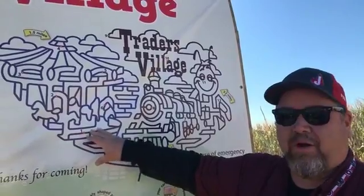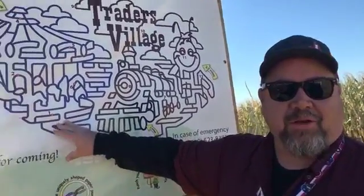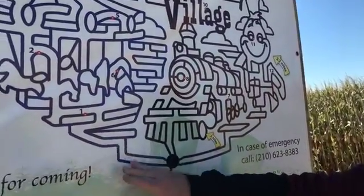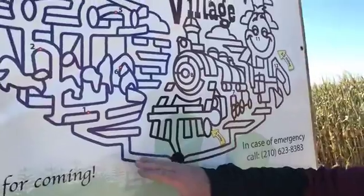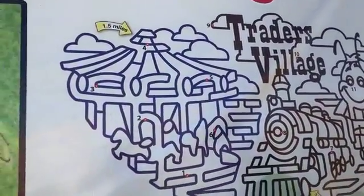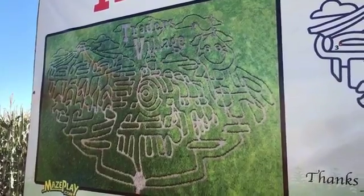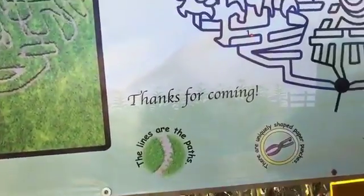The carousel that we have in the market is actually a 1909 Allan Herschell designed carousel. It's one of only 150 left in the country. Allan Herschell Company was one of the primary companies to build all the carousels for Coney Island, for all the other places. They were the design place. Now there's only about 150 of those carousels left in the country. And so we have one of them here at Trader's Village, and we've even just recently dismantled it, fixed it, repainted it, made it look really nice. Then we have our trackless train